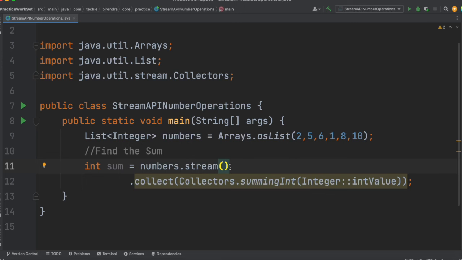So now we'll try to understand each line of the code. In this line, what we are doing, numbers.stream. It will basically convert this list of integers into int stream. So we'll get int stream, right? And then this function collect. This is the terminal operation that is used to collect the entire resultant data set. Inside this collect function, we are calling